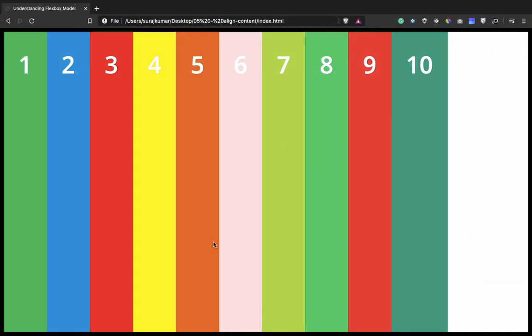Actually we didn't find any changes here, because for the align content property to work there is a condition. The align content property works only on a multi-line flex container. That means we must have more than one row inside the container. Right now we have just one row in which 1 2 3 4 5 6 7 8 9 10 items are sitting, but we need a few items to start from a new line. So to have a multi-line flex container, we will be applying some width to these items. If we apply the flex wrap property, the items will be wrapped into a new line.